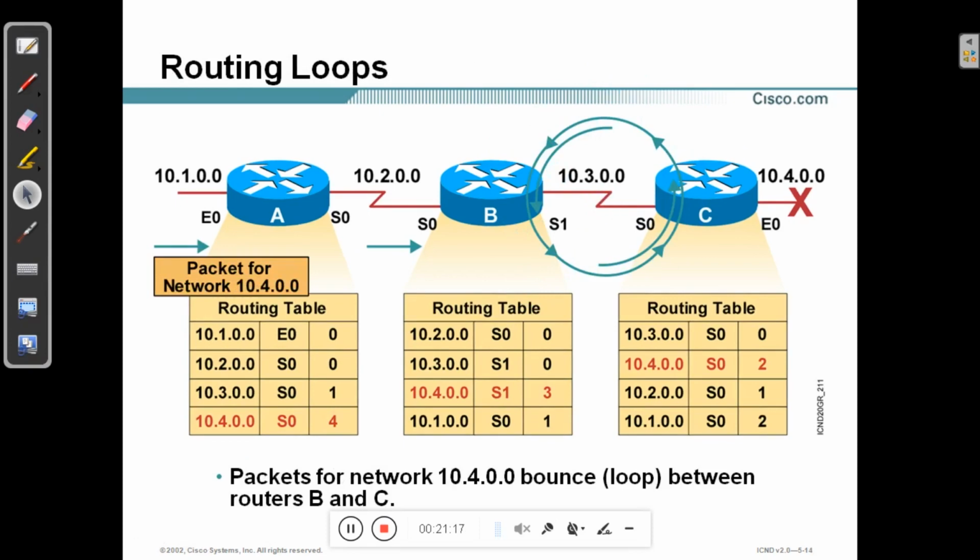In order to avoid routing loops, the IP header makes use of one field called time to live. Time to live is updated with the particular entry, and when the packet moves from one router to the other, that entry is decremented by 1 at each router. By using this TTL count, routing loops can be eliminated. Otherwise, routing loops cause the entire network to go down.